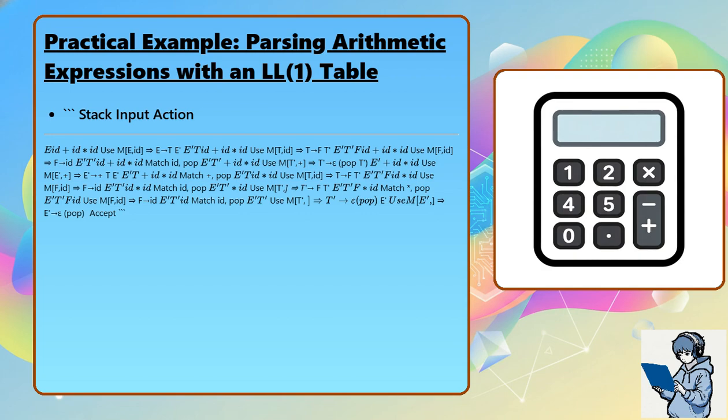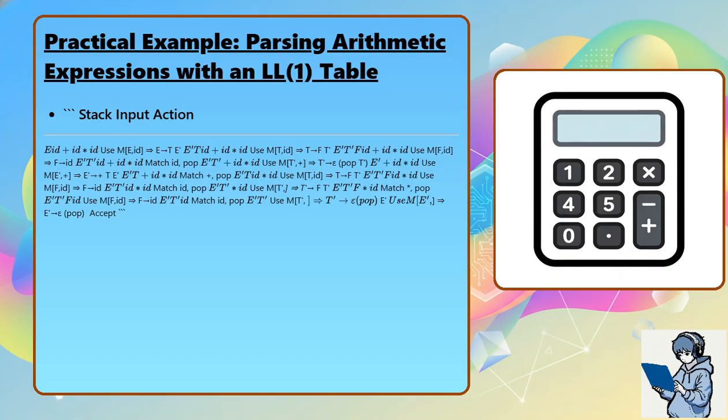Stack $E prime T prime, input plus id star id, action: use M of T prime with plus goes to epsilon, pop T prime. Stack $E prime, input plus id star id, action: use M of E prime with plus goes to plus T E prime. Match plus and pop. Stack $E prime T, input id star id, action: use M of T with id goes to F T prime. Stack $E prime T prime F, action: use M of F with id goes to id, match